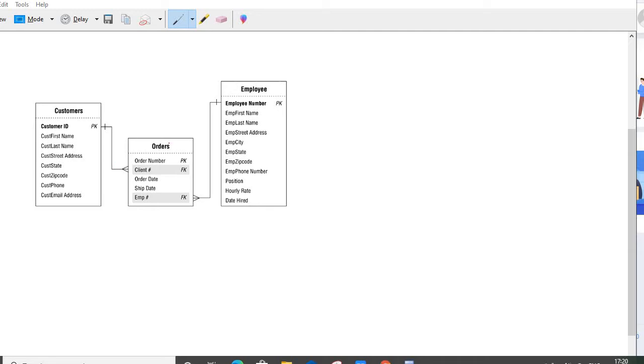So here in this orders table, we have this client and this employee. These two attributes which are present in this orders table are also present in other tables like the employee and customer tables as primary keys. So these are examples of foreign keys.